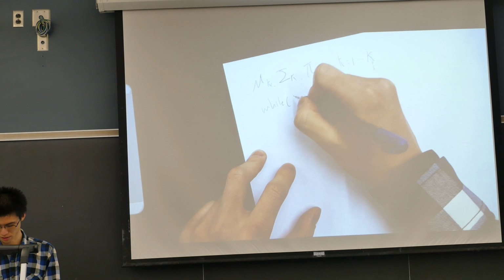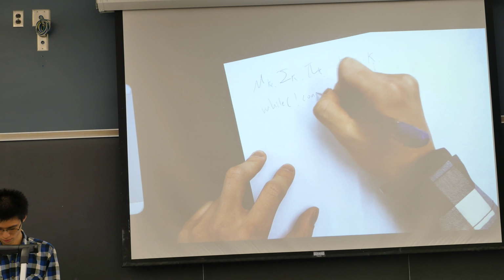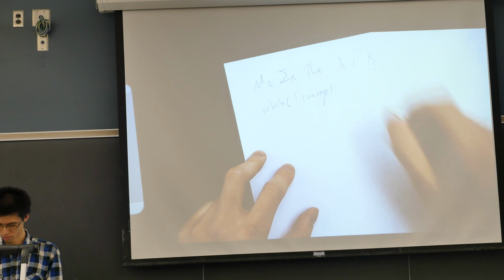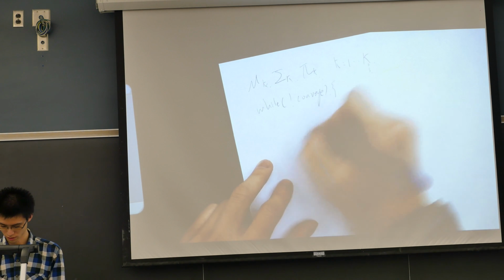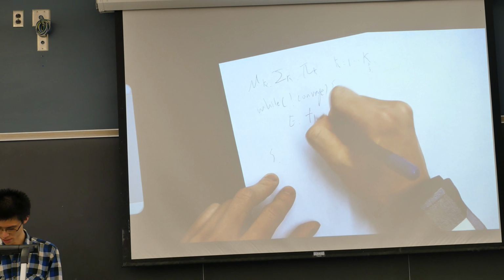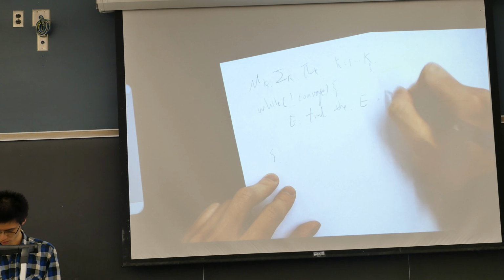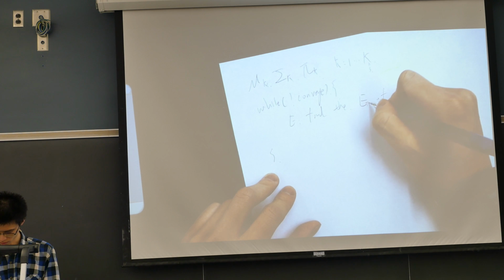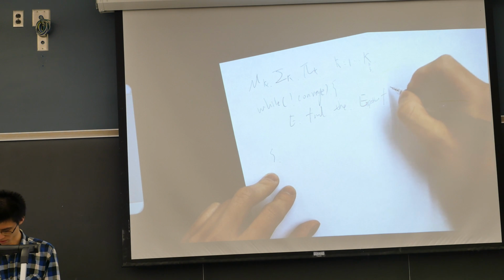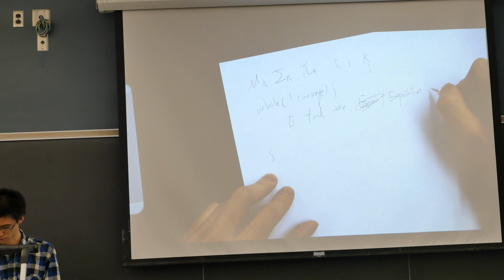It's simply an infinite while loop. When it's not converged, we do the E step to find the expectation of